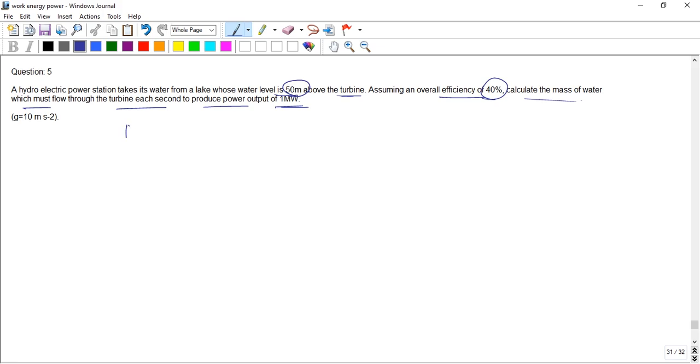So the potential energy is equal to mgh, m is not given here, g is 10 meter per second squared, and height is 50 meter. So that is 500 m joule. Joule, that is potential energy, not power. Okay, so efficiency is 40% to calculate the mass of the flow. Mass of water flowing through the turbine each second. So 40% of